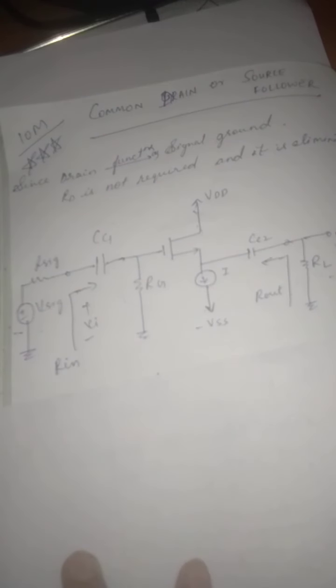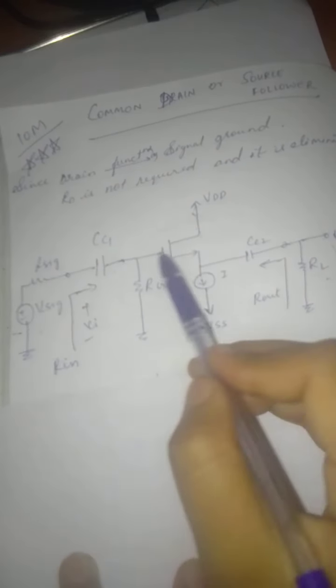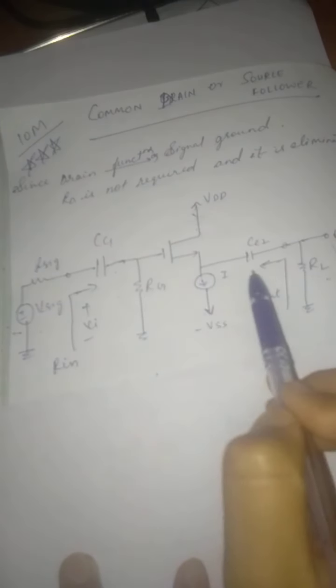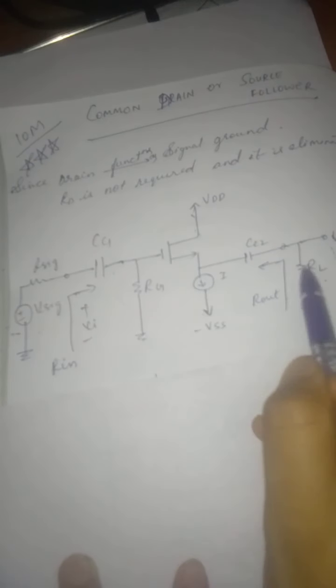As the drain is grounded, you will not have any resistor RD. At the drain part we used to have the RD resistor, right? That resistor we don't use here, and therefore we are going to eliminate the RD resistor. Now moving on further, the input signal, as I told, goes through the capacitor CC1, the coupling capacitor, and is applied to the gate. The output signal at the MOSFET source is coupled through a coupling capacitor to the load resistor RL.